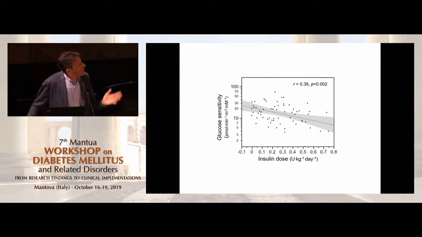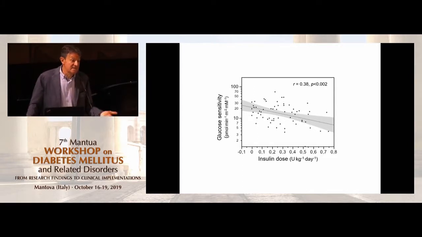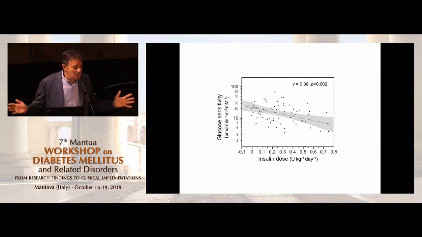Now, I want to leave this idea with you because it came as a surprise to me, so maybe it will surprise some of you at least: to do away with the concept that at diagnosis of type 1 diabetes, the game is over because there are no beta cells left, and all that is left for us to do is to use exogenous insulin. Now, the extent of the defect can be different from person to person, and depending on factors that are measurable.